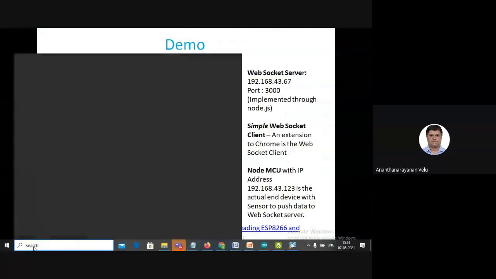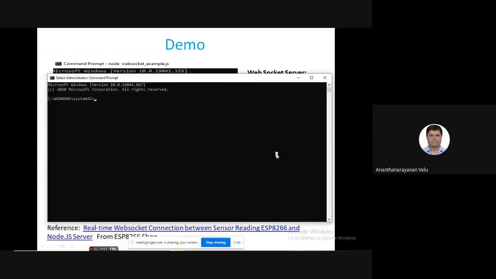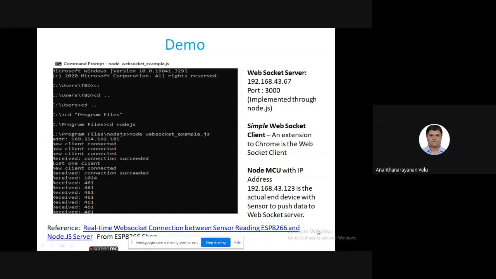So first I'm going to a command prompt, opening the command prompt in the administrator board. Moving to the program files, moving to the Node.js, and then I try to run node space WebSocket example.